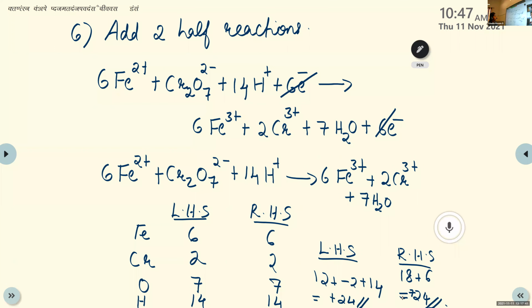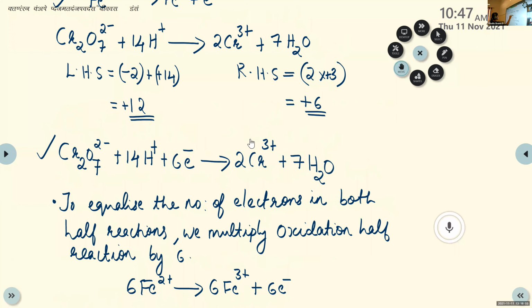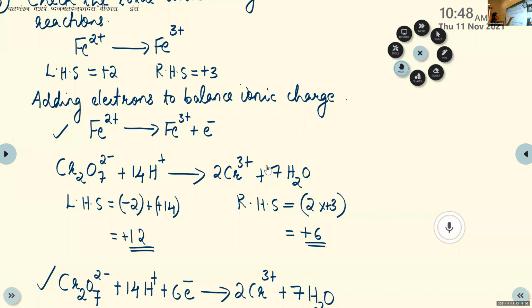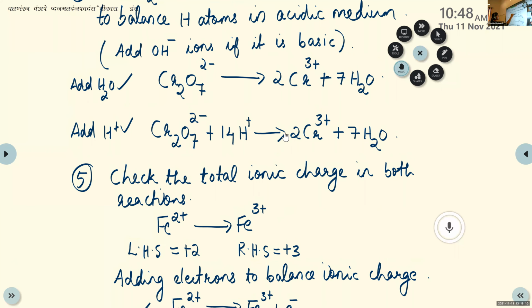This is clear about the second method. I know that there are different steps here, but when you understand, it will become easier. If you know the steps, you can balance any redox reaction. Okay, so now we can again revise this method from the beginning onwards, from the first step onwards. So this is the last portion of this chapter. The remaining portions are deleted for your term 1.